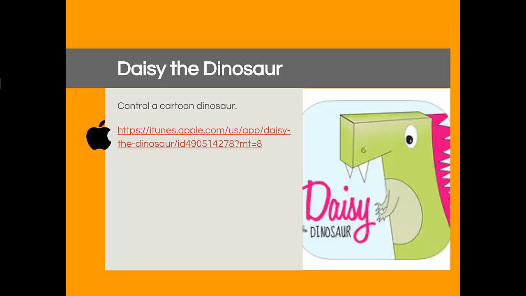They're allowed to have some commands such as move, turn, grow, shrink, jump, roll, spin. And these, as well, can be input with dependencies such as when you touch a character or shake the iPad, it will make Daisy do these things. It is very much at an elementary level, but it's a great way to start students with getting an idea of what coding is all about.